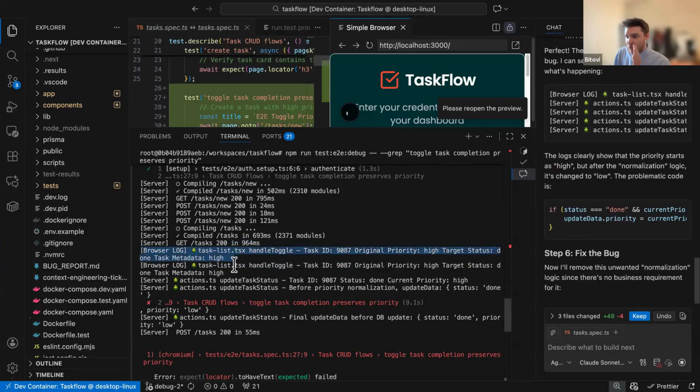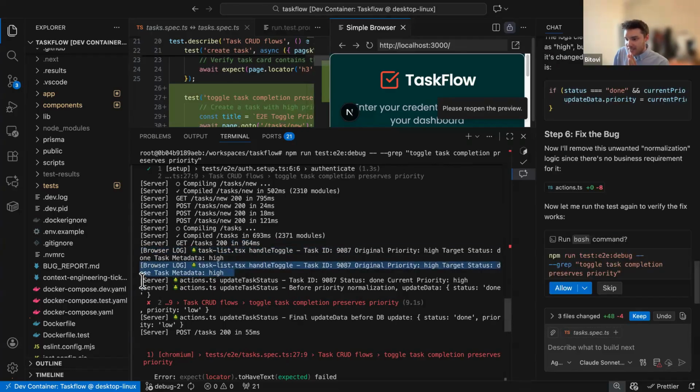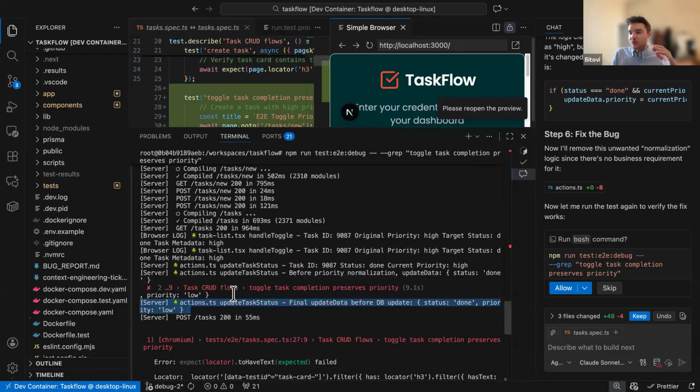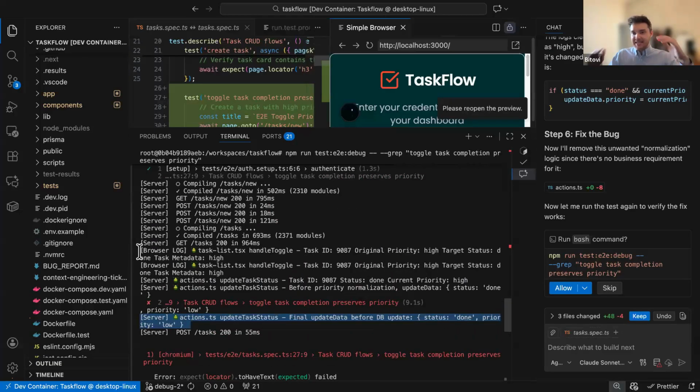So Copilot can see what's going on in the browser, and then it can see, okay, here's what the server got. Here's the information that went to the server, right? And then down here, there's more information from the server, and then the test fails. So now Copilot has a detailed, step-by-step log of what actually happened as it was running in this multi-environment